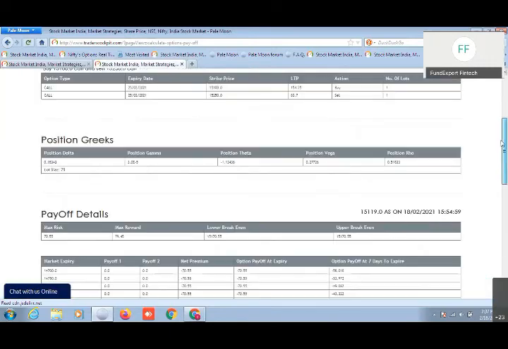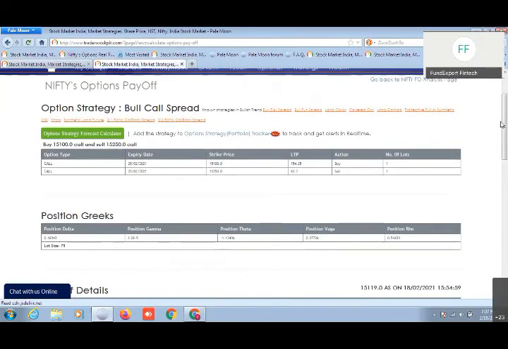Now, for any strategy you create for trading options, what I showed here was what we can do for intraday trading and what we can do for expiry trading. But then there will be a third case, wherein we go for a positional trading setup. What I mean to say is, many times we carry forward our position, not till expiry, but say for the next 2 days or 3 days. That is positional trading or swing trading.